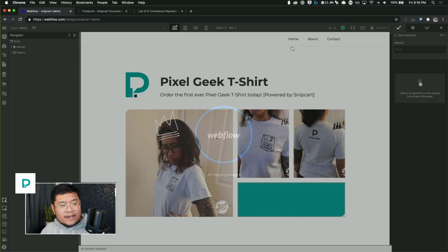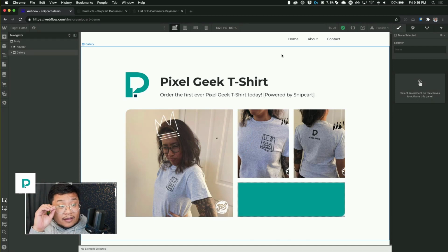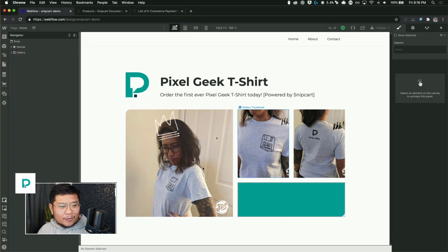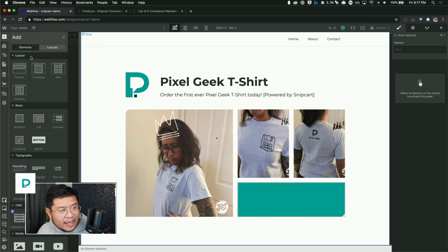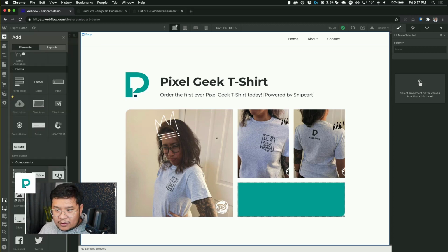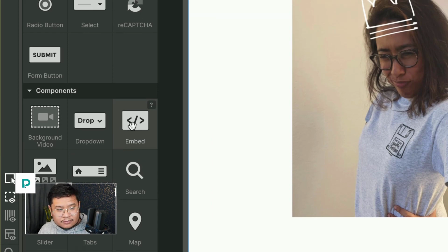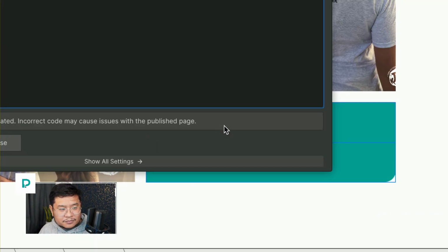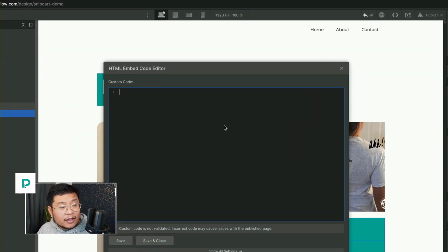Let that load. And let's pretend this is my e-commerce page. This is just my website. It's a single item, and this is all I'm selling. So yes, this shirt is coming soon, but I'm not selling it yet. But let's pretend I am, and let's put a simple add to cart button right in this div block. So how I'm going to do that is I'm going to go to the add elements panel, drag in an embed, put that in here, and this is where my custom code is going to go.